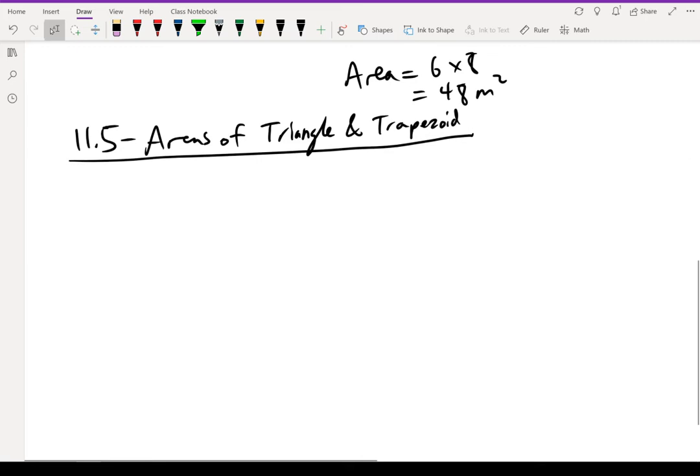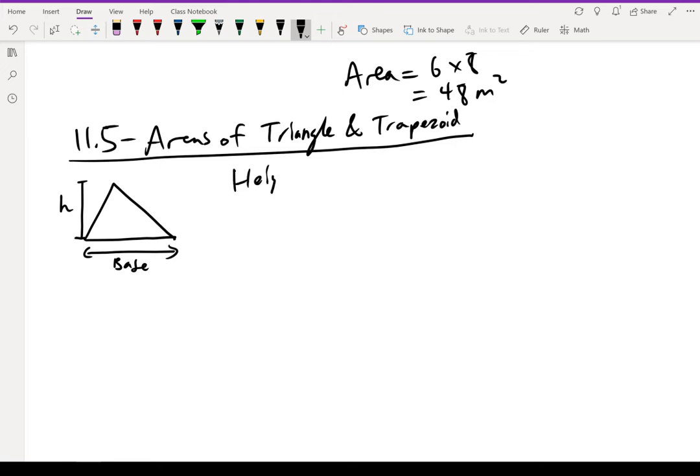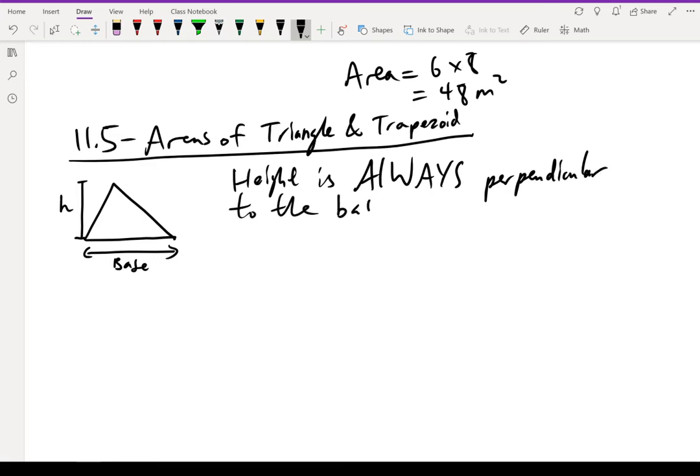So let me quickly go through area of triangle. That's fairly simple. With a triangle that looks like this, we have a base, and we also have a perpendicular height h. Now remember, the height is always perpendicular to the base. Okay, so if I have a triangle like this and I say that this is 10 meters